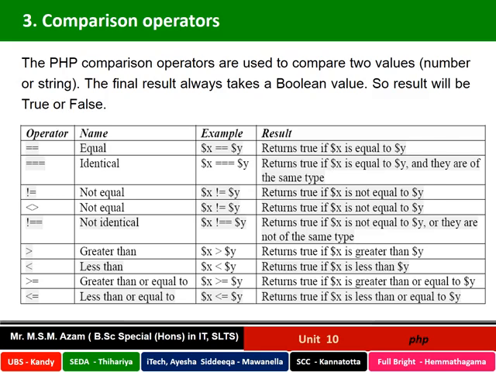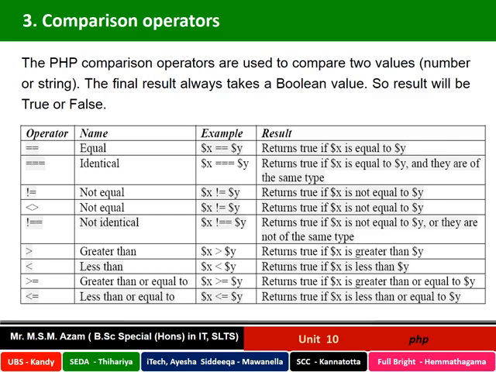They are equal equal. This operator is used to compare one value with another value and returns true if they are equal. For example, I say $x == $y. It returns true when the x value is equal to the y value. Second one,